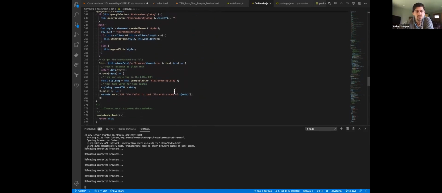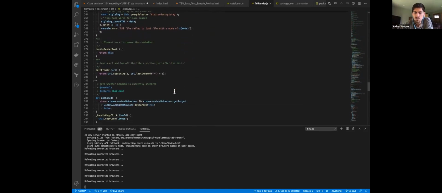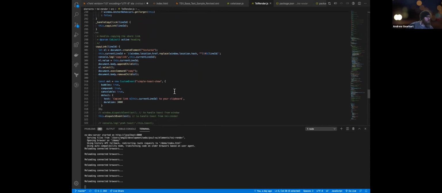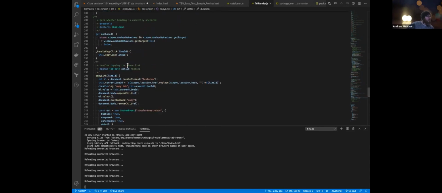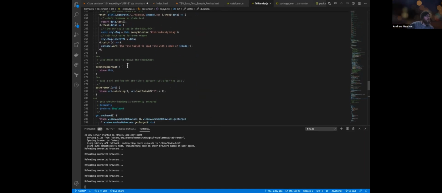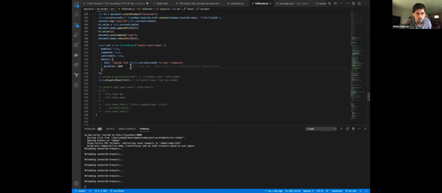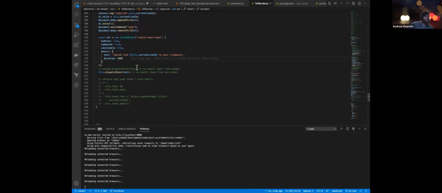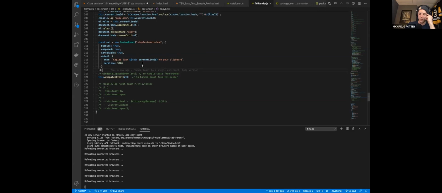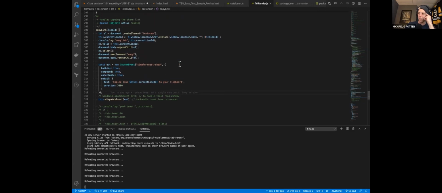Where does the simple toast element get added to on the page? Yeah, that's what I'm looking for here. It's in the constructor. Yeah, here we go. In terms of the DOM structure, it registers itself in the constructor, whenever it gets set up, it appends itself to the bottom of the window, right,